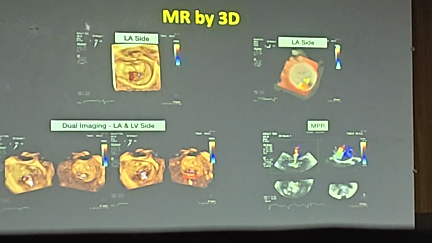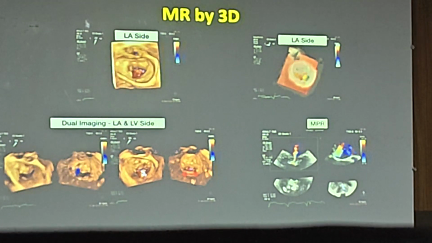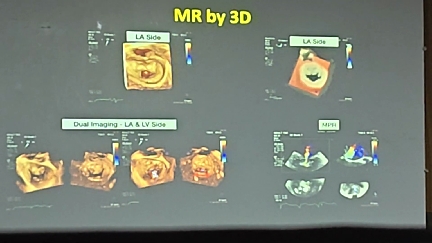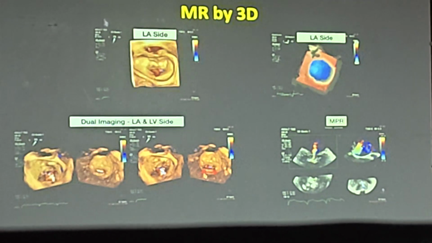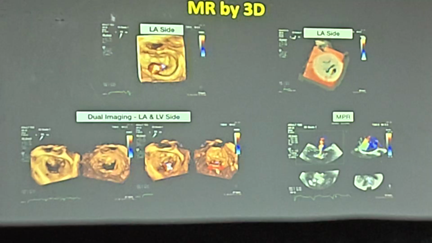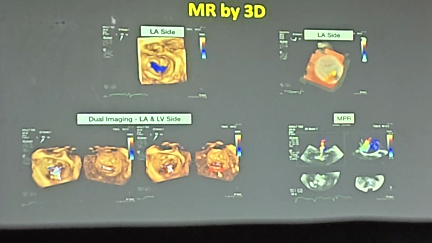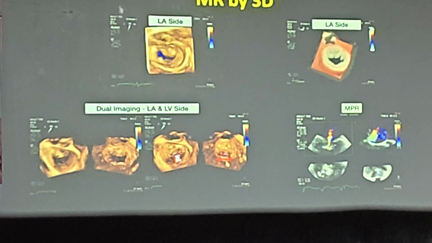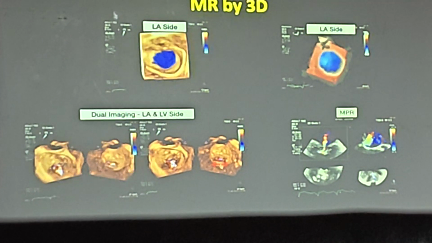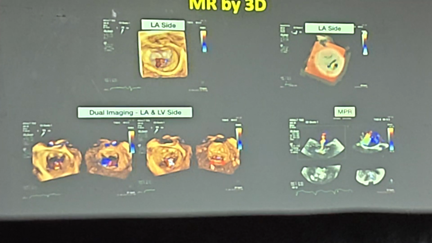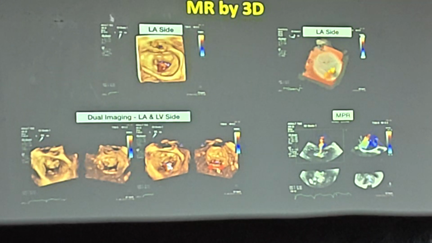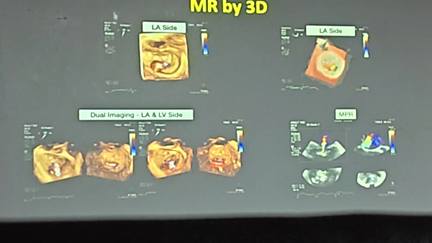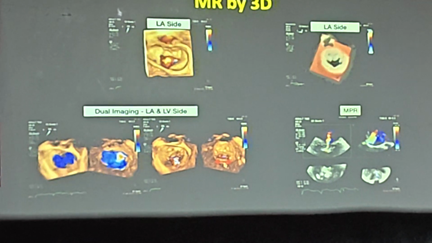And then if you have a long MR, especially secondary MR, the coaptation will be less. And then you have a long length of the MR, which is side to side. Anything more than 10 millimeters is always going to be a suboptimal result because the annulus is too dilated and the leaflets are too stretched. So looking at the length of the MR from the ventricular side gives you some idea of what kind of MR it is, especially secondary MR, and how you are going to deal with it.